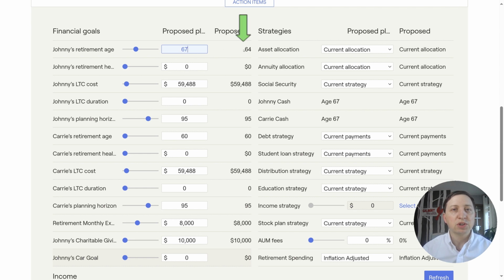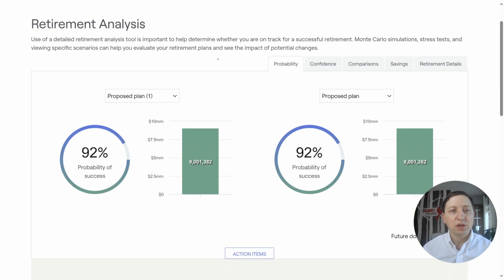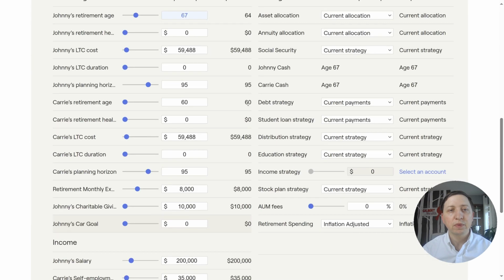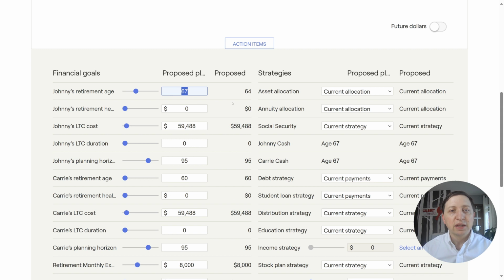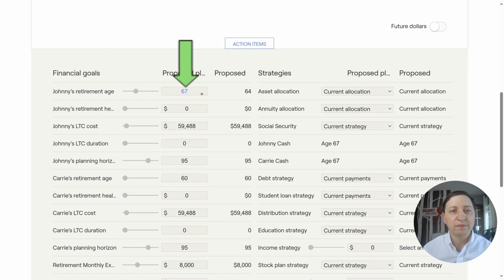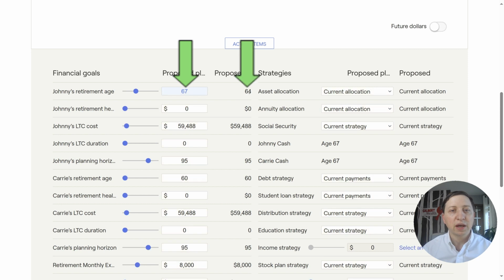The last column shows what information is present in the comparative scenario. In this example, scrolling back to the top, you can see there are 2 scenarios presented, Proposed Plan 1 and Proposed Plan. The data that we are editing is for the Proposed Plan 1, whereas the comparative plan is just a proposed plan. Whenever we make an edit, the comparative plan data is not changed. As you can see here, we've edited Johnny's retirement age to 67, and the comparative plan has not changed and